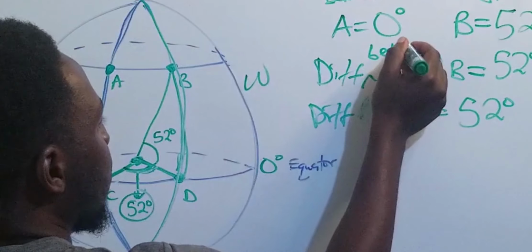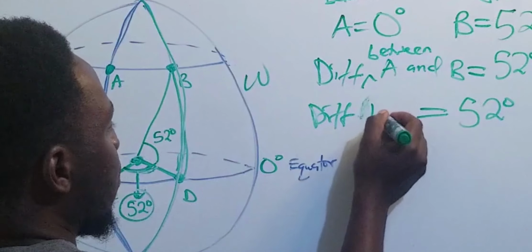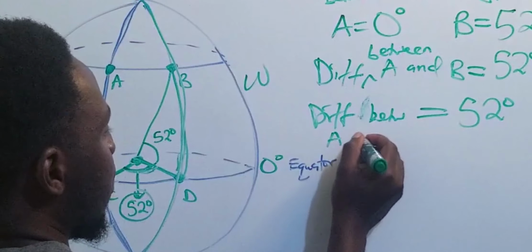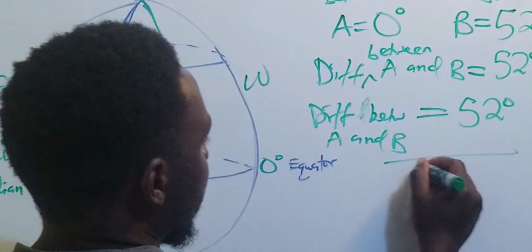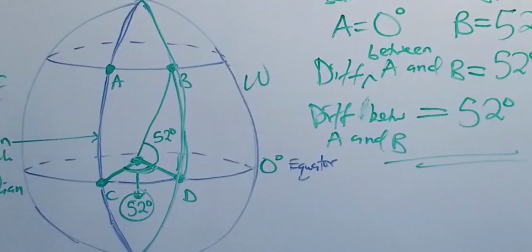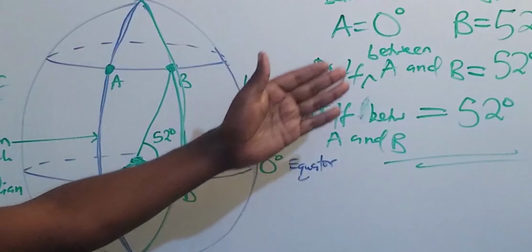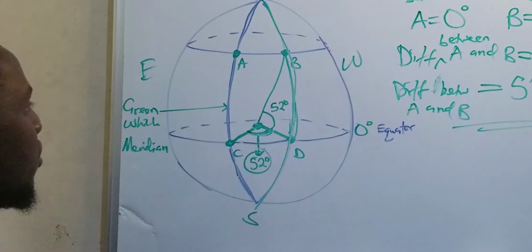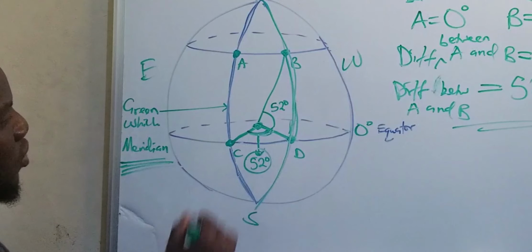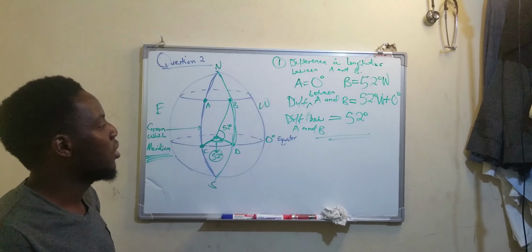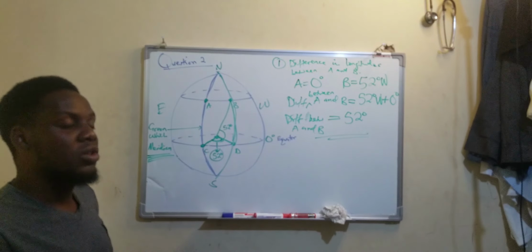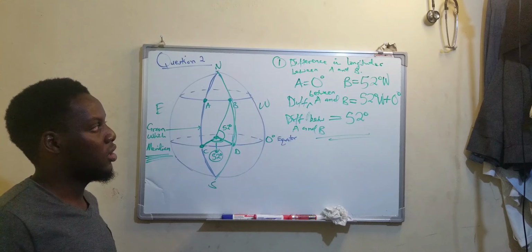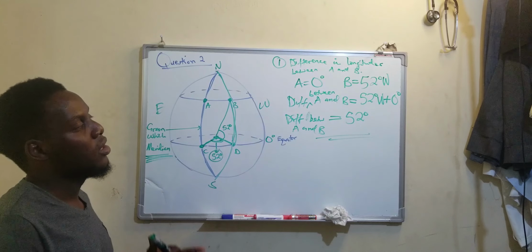between A and B. We have that as our answer there. Because where is the 0 degrees coming from? The 0 degrees comes from the fact that A lies on the Greenwich meridian, and the value for that is 0 degrees. But what should you remember when finding the difference in longitudes or latitudes is that for finding